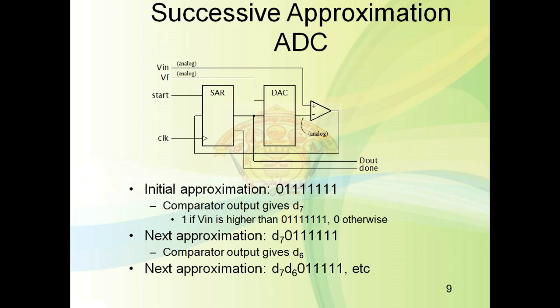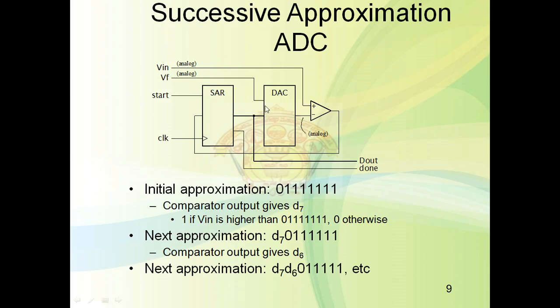Okay, for signals that change more slowly, we can use the successive approximation register. For fast signals, we have to go for the flash type ADC. It uses a digital to analog converter initially to make the successive approximation to the digital signal. So to illustrate how the successive approximation register works.